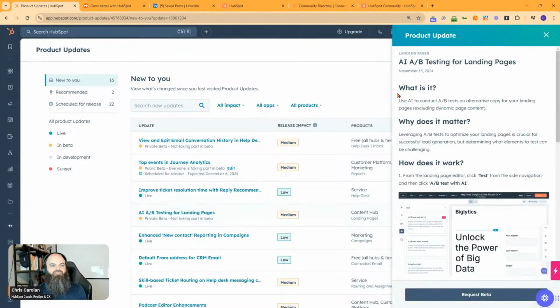AI A/B testing for landing pages. What is it? Use AI to conduct A/B tests on alternative copy for your landing pages, excluding dynamic page content. All right, I'm out. Let's use dynamic page content when we can. But if we can't,